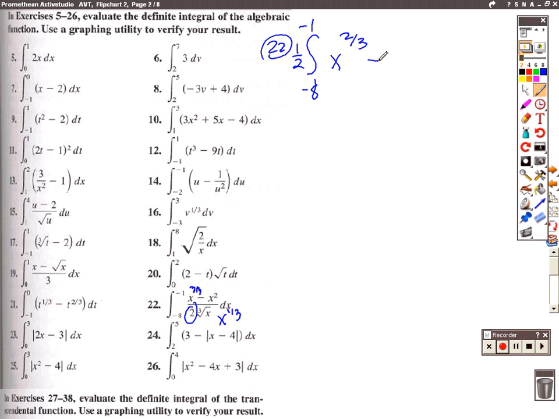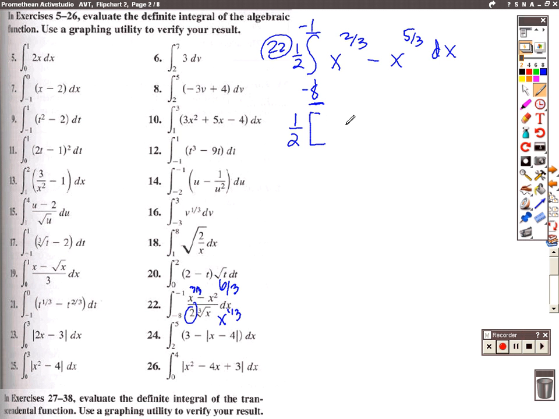Minus, this would be 2 is 6/3, take away 1/3 is 5/3, so that would be x to the 5/3. I'll take it one more step to find the antiderivative. Now notice they're very friendly to you here. They're giving you perfect cubes. See, we're going to be dealing with perfect cubes here, and they're giving you a -8 and a -1, which are perfect cubes. So I'd have 1/2 of,